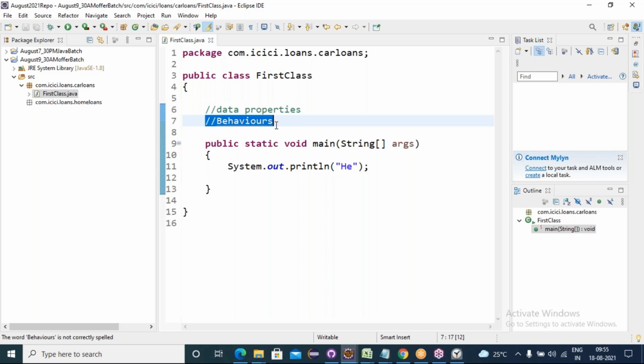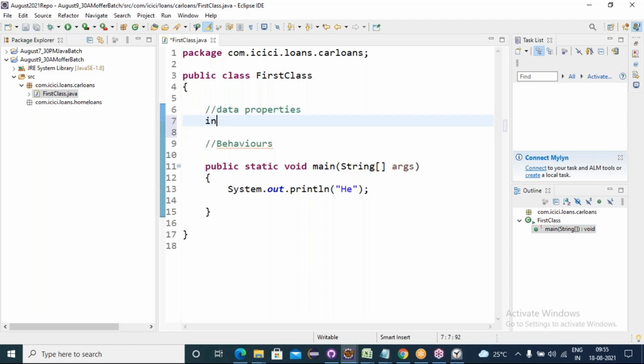Yes, 3 properties I require, all of integer type. int a equals 10, b equals 20, and to store the result of a plus b or a minus b, 1 more variable as result. Like this, I have planned 3 data properties inside a class and 2 behaviors.